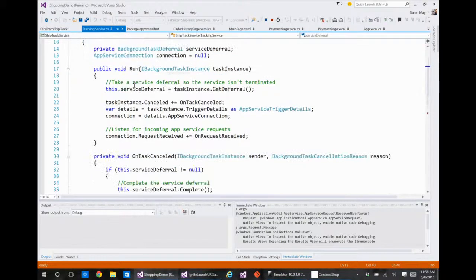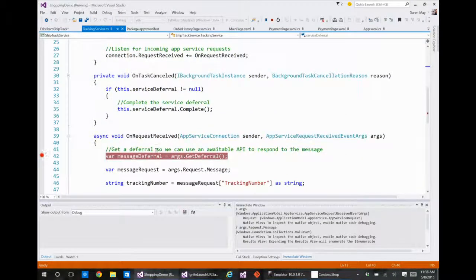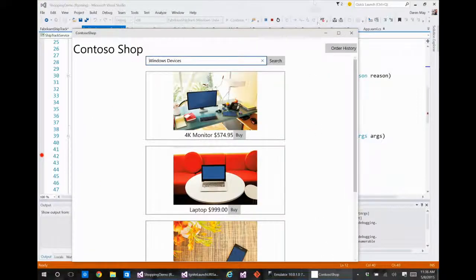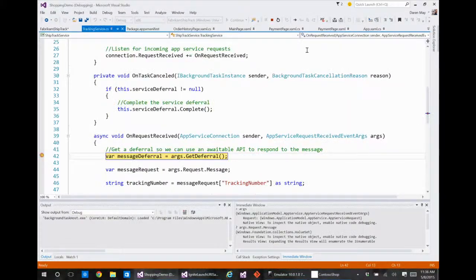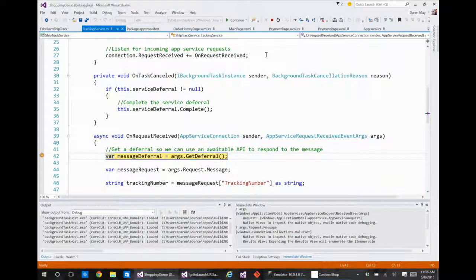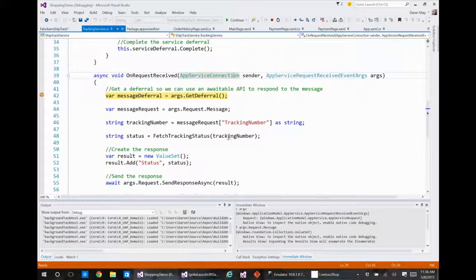If I come to my tracking service, I have my breakpoint already. So now, if I click on here, so this is a completely separate app, and run order history, Visual Studio will now notice that that app has been started, will attach its debugger to it, and now I can debug my services. I know they had to do a lot of work to get this scenario to work as easily as that, but there you go. So now you can track through and see your arguments come across and everything along those lines.